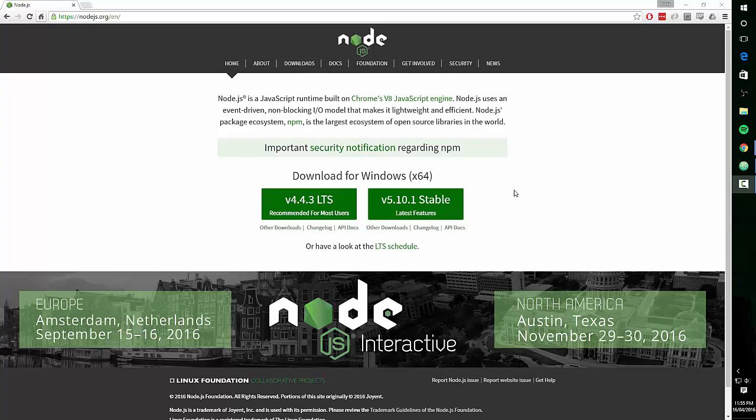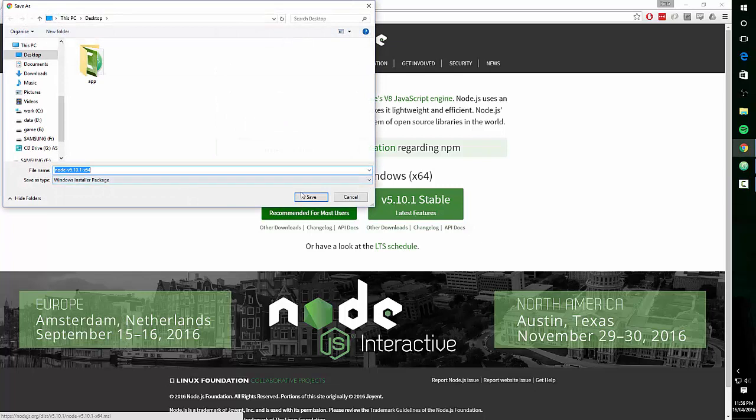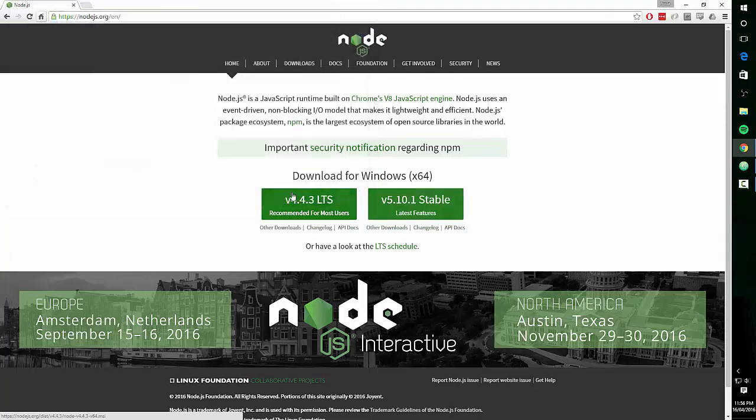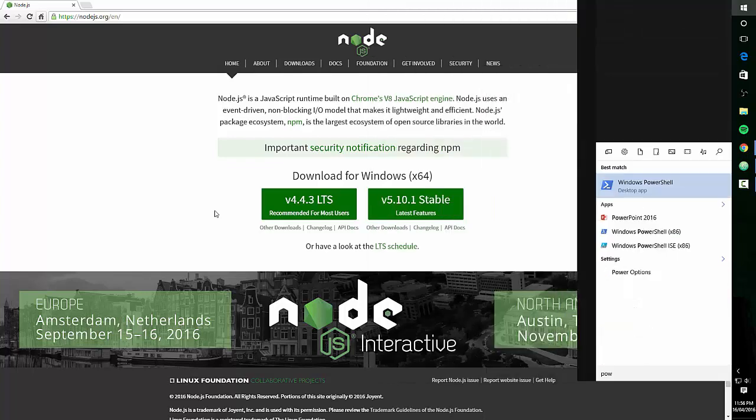Okay, so our first step is to install Node.js. You can download it from nodejs.org and choose this one here. I have already installed it, so I'm gonna cancel it. But after you install it, you can check by opening PowerShell